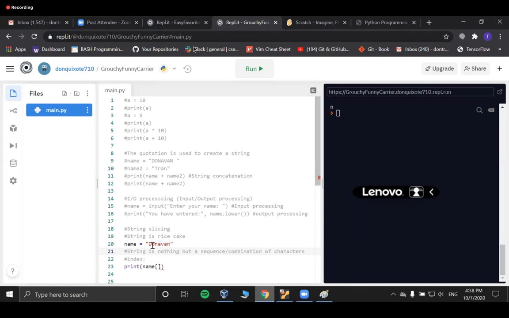So because a string is like a rice cake, delicious, it's sliceable, and it's very sticky, right? So you can actually slice a string character by character. The way we can do the slicing is with a concept called index, which basically